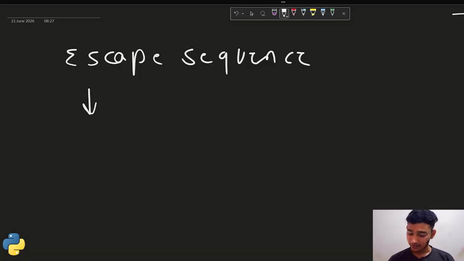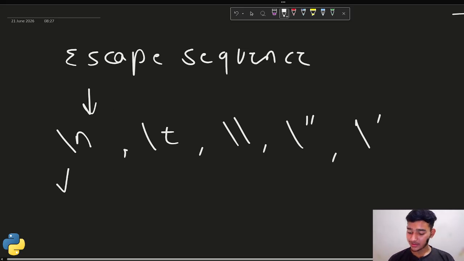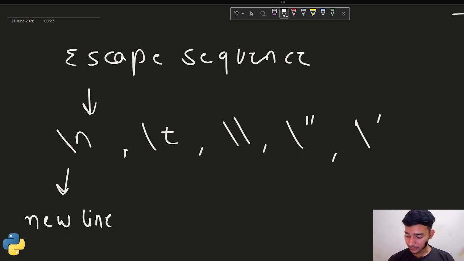Basically there are many types. First is slash n, second is slash t, third is double slash, fourth is slash double quotes, and fifth is slash single quote. Slash n works as a new line, slash t is for tab space, and double slash is a backslash.